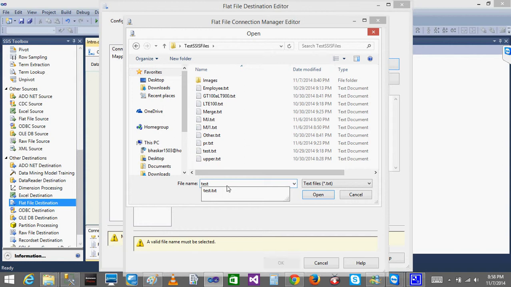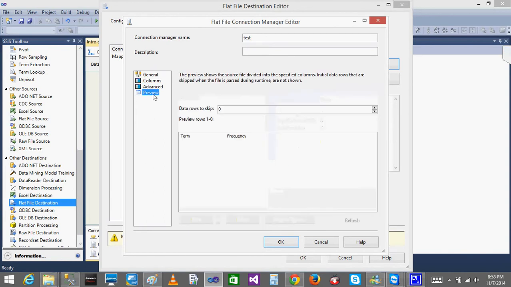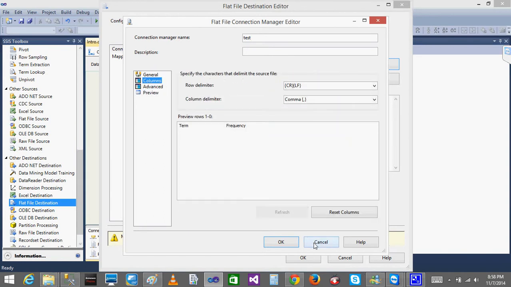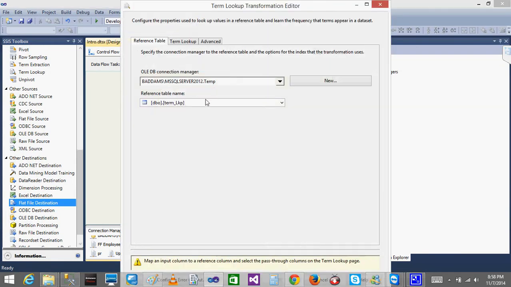Test term, open. So columns, I got the term and frequency, advanced frequency. Okay, actually it should not be there. I am clicking cancel. So in the term lookup,